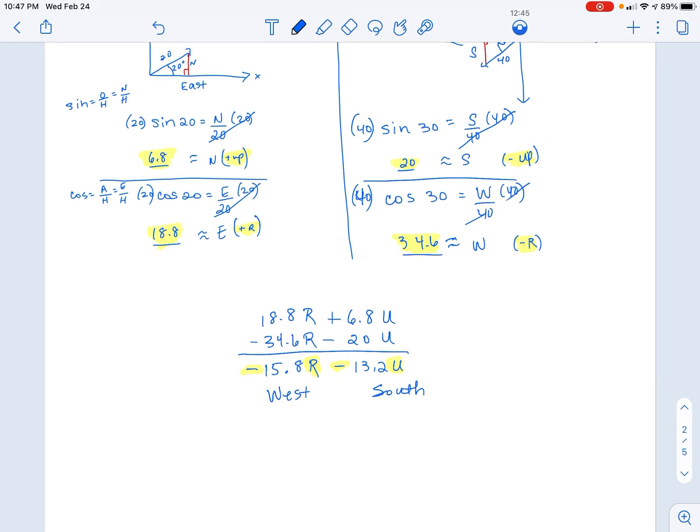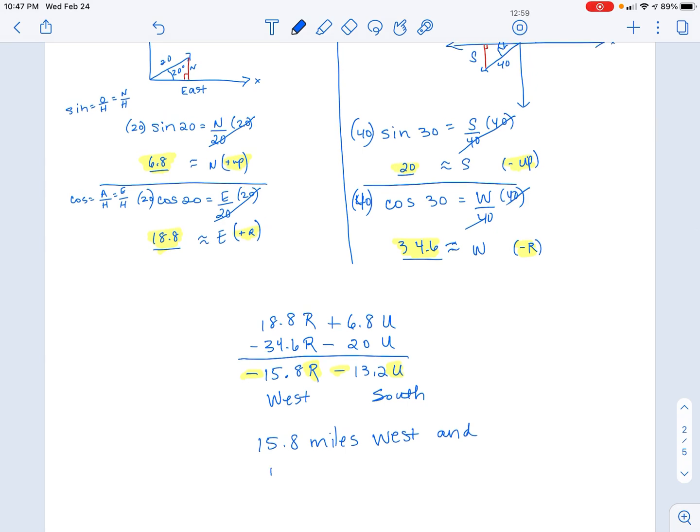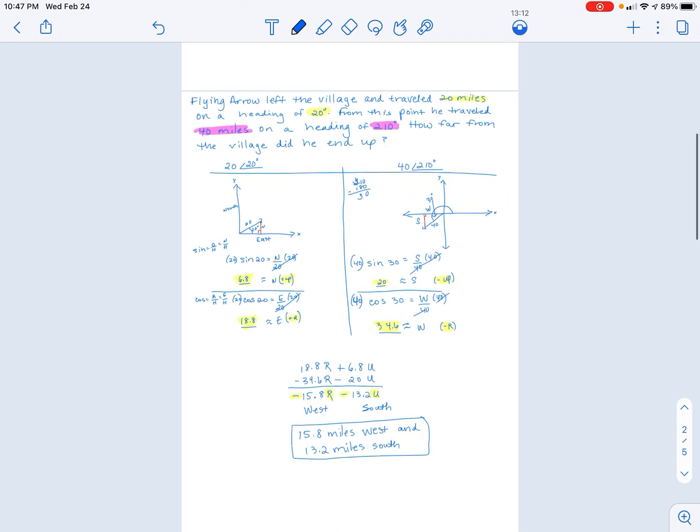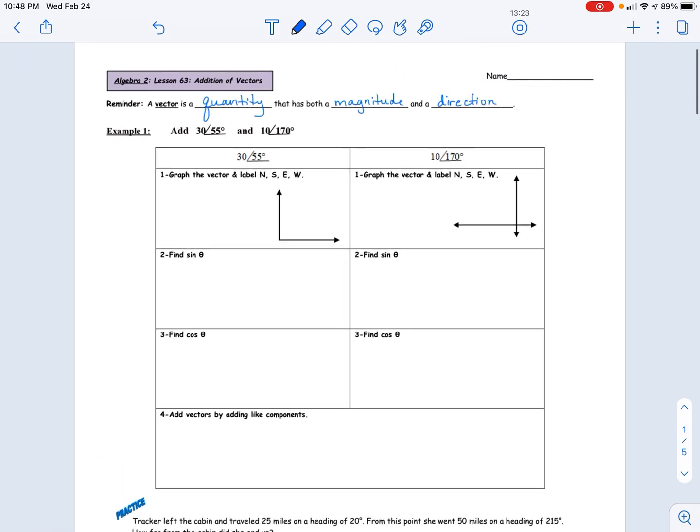So Flying Arrow actually ended up traveling 15.8 miles west and 13.2 miles south. See how that works? It's kind of fun, actually. All right, so that was starting off with a toughie because it was a word problem. We actually had to translate that into north, south, east, and west to figure out how this gentleman was traveling. Okay, now in your notes, I'm going to go back up here now to our packet,